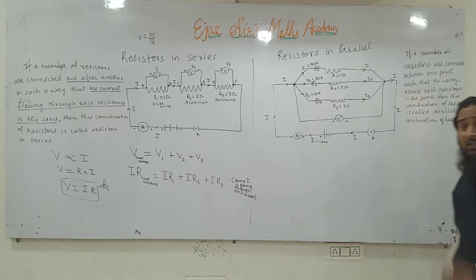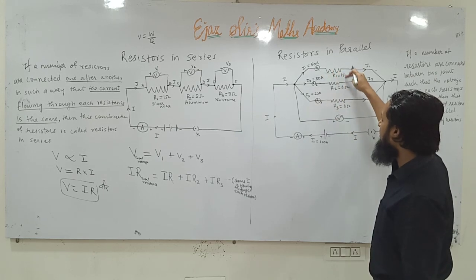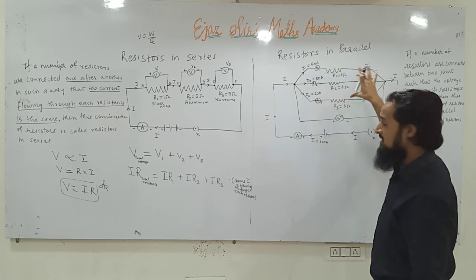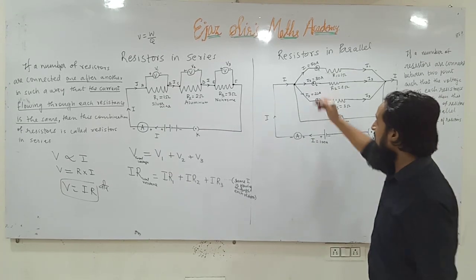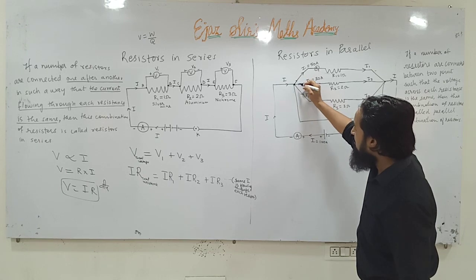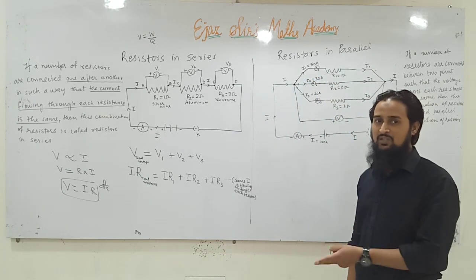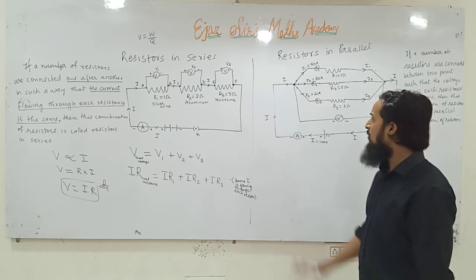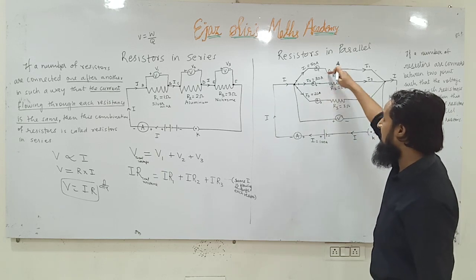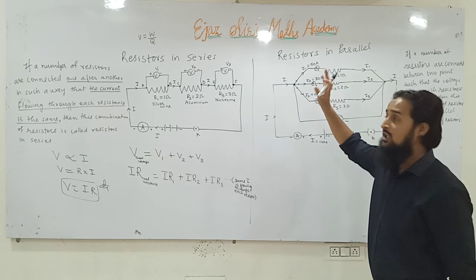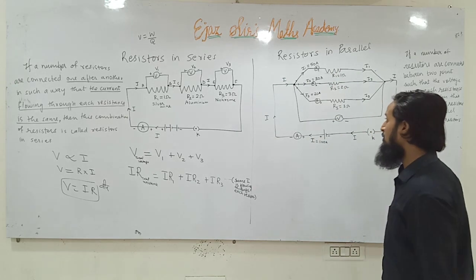Understood? Remember, it is not mathematics. It is not that parallel means the resistors will be mathematically parallel lines, making a shape like this. Parallel means whenever the current gets divided into branches, it is called parallel. Whether there are 2 branches, 3 branches, 4 branches, 100 branches, whatever the number. If there are 3 branches, we say the three branches are in parallel. If there are 2 branches, we say these 2 branches are in parallel. I will show you later on.